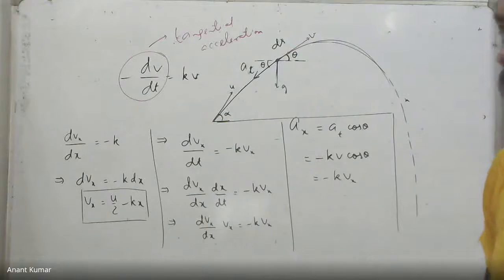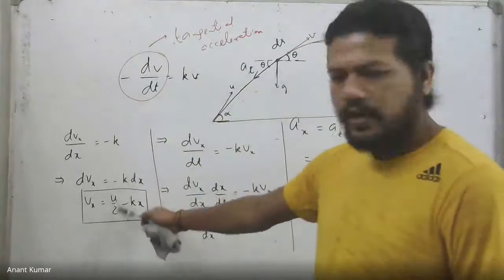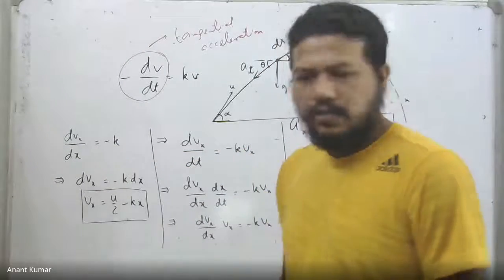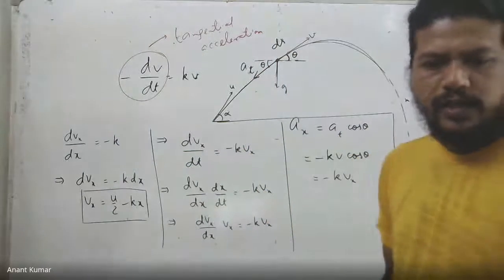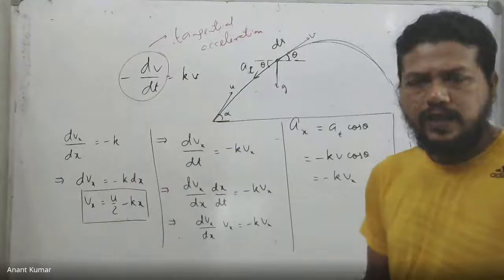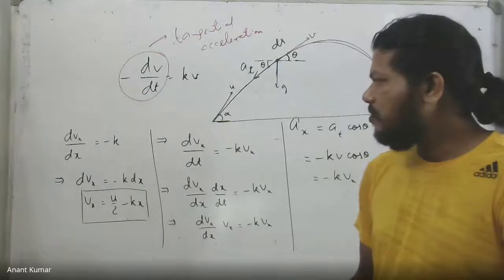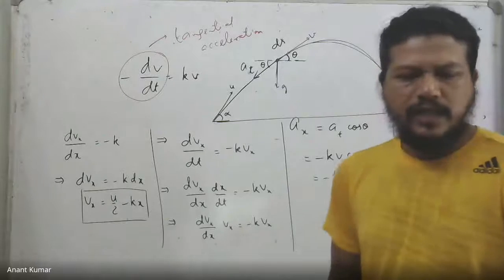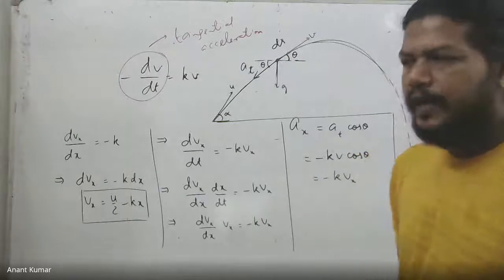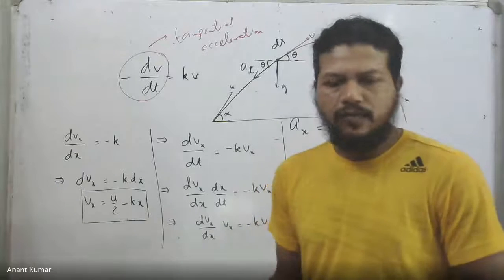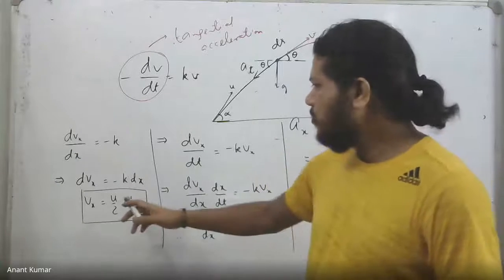Okay. Last one implies this one, right? Well, we have been given that dvx by dx is minus k, which implies the velocity along the x-axis reduces at a fixed rate as we move along the x-axis. So that is why I utilized the idea that if something is changing at a fixed rate, it will basically start from the initial value and decrease uniformly. That is what I've written down.